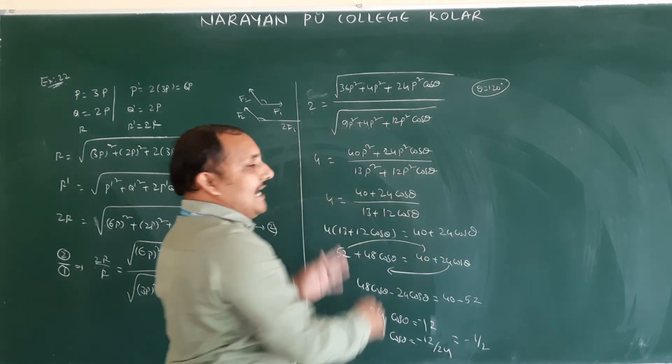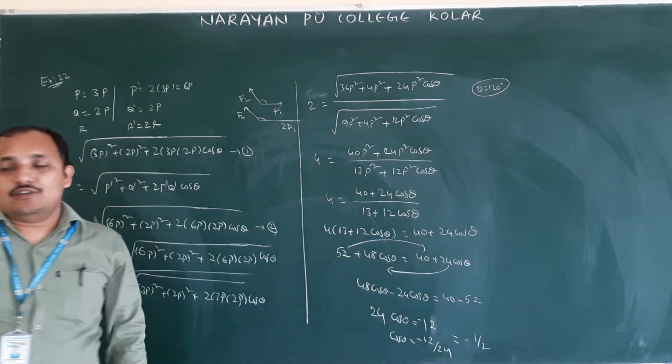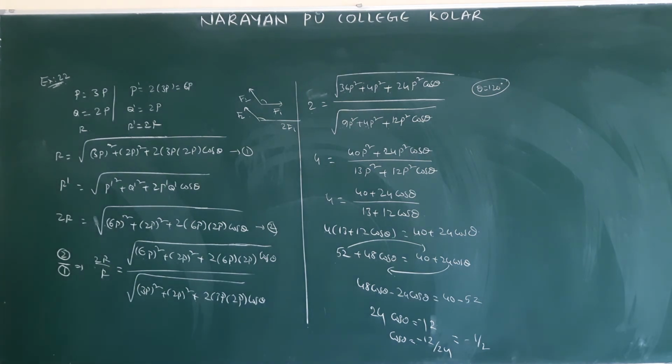So it is a little bit of a big calculation, but you will easily get it. This is example 20. Example 23 and example 21 will both be the same models. Therefore, you can try example 23 at home. I am not solving 23. You can solve it yourself. Next is example 24.